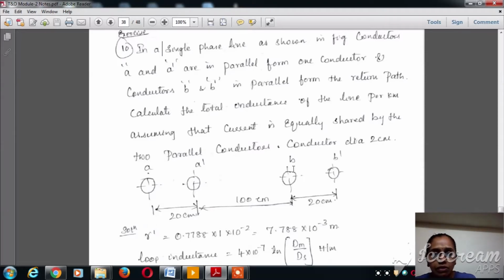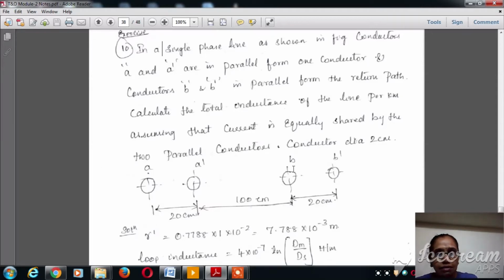And we understood how to calculate the capacitances or the inductances using the GMD and the GMR method, where GMD is nothing but geometric mean distance and GMR is nothing but geometric mean radius, where GMR is self GMD, and we know how to calculate the inductance for a double circuit as well as a single circuit.